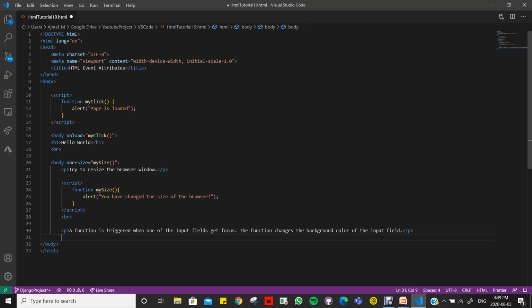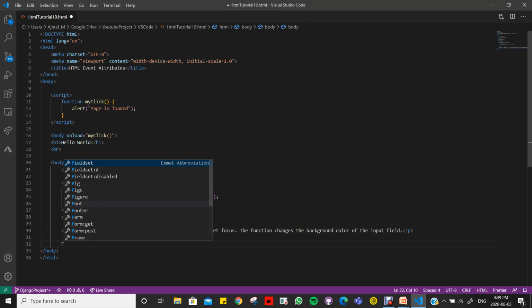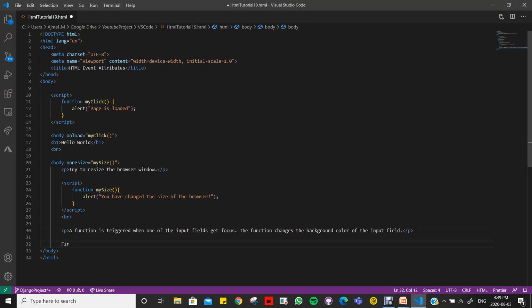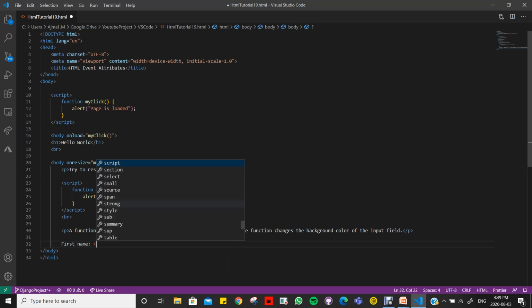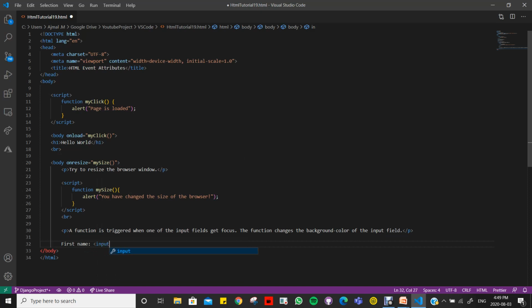And we're gonna have to write down our form here. So we're gonna call the first form first name, and we're gonna code the inputs or the forms here. So input type equals text, ID equals f name, or first name,